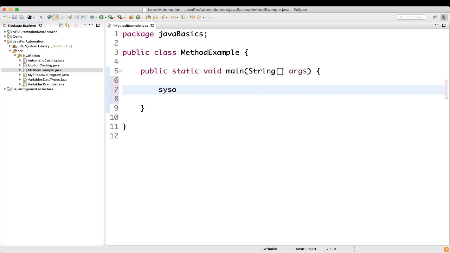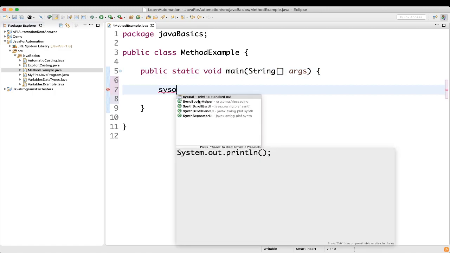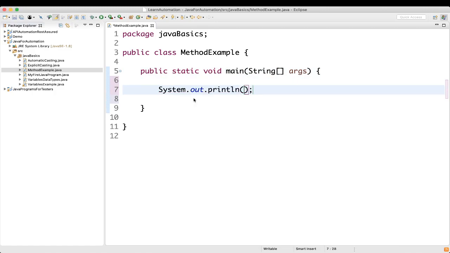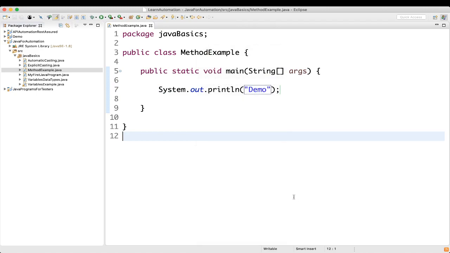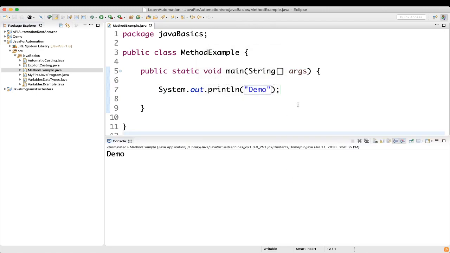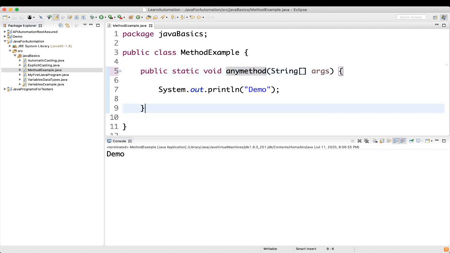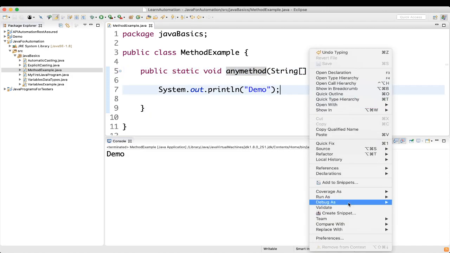Let me print something here. Let me print just demo and let me run it. Now let me change this to, for example, any method, and let's try to run it.